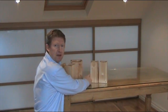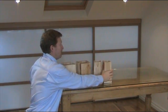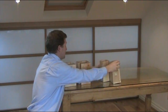So I'm just going to demonstrate the different bed blocks, the wooden bed blocks we have. These are the Magnum Bed Blocks, and these are the REKO Bed Blocks. The difference between the two